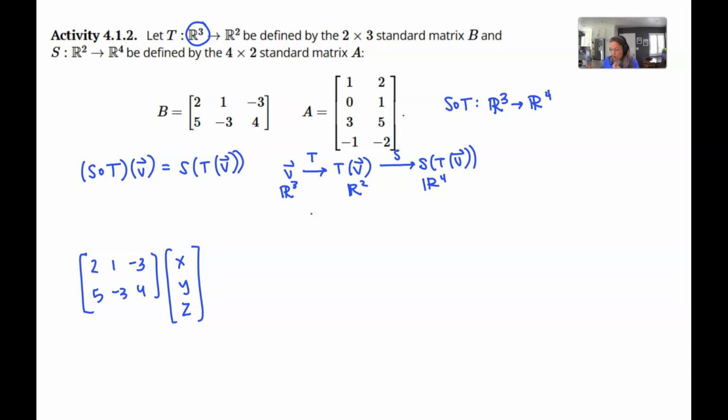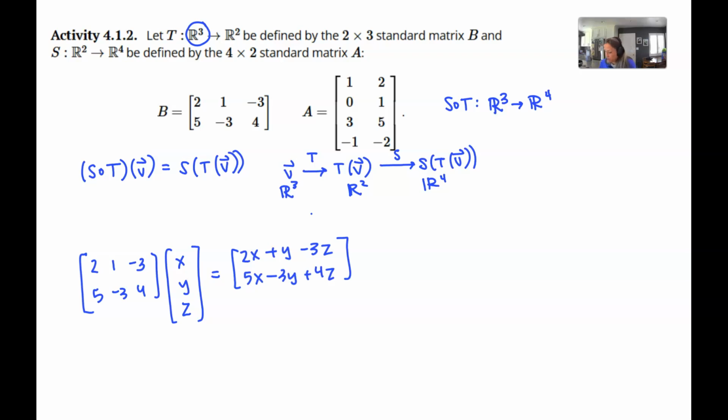This is just those linear combinations, so this is going to end up in R2 with 2x plus y minus 3z as our first component,